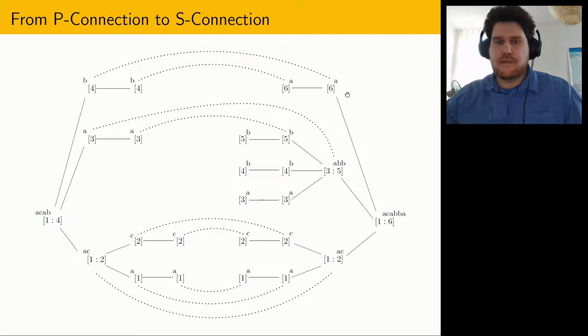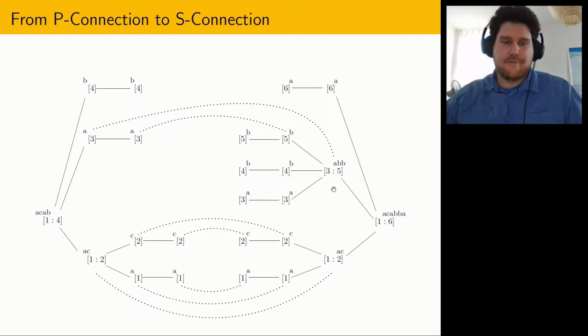Well, A and B are not the same letter, so we can split these two nodes. In the next step we have their children. These will be split as well because they are children of not connected nodes. They are not connected. Okay, we continue with the A on position 3 and the block ABB on position 3